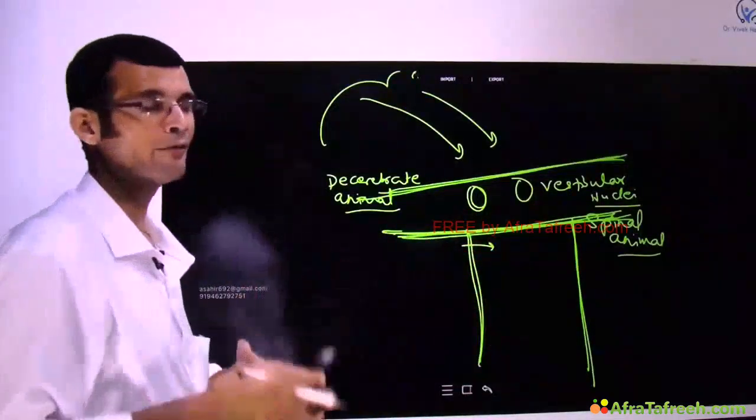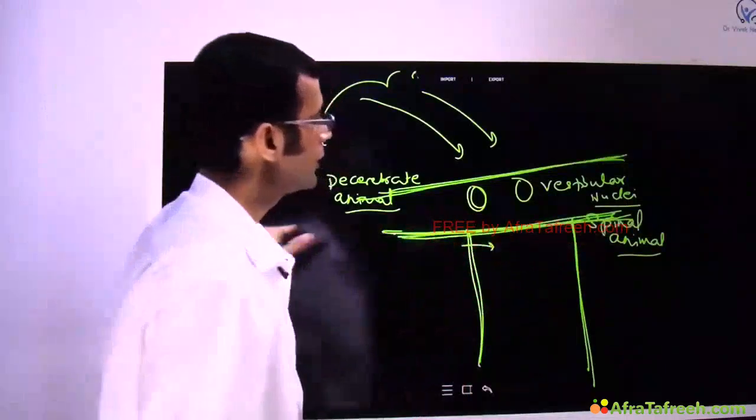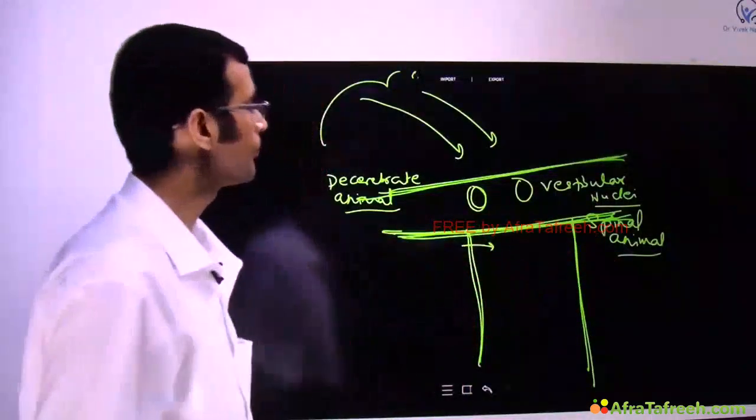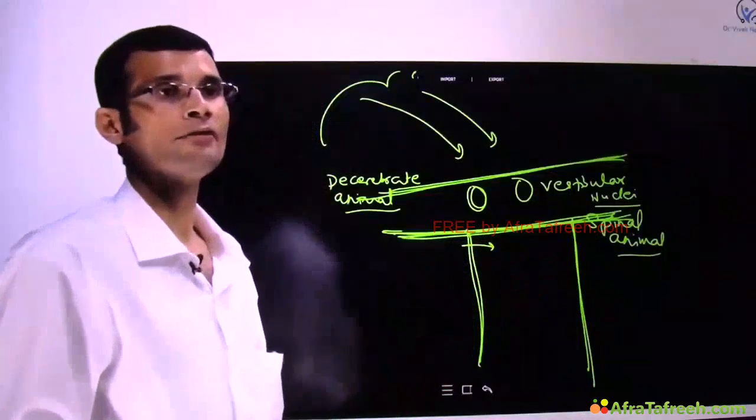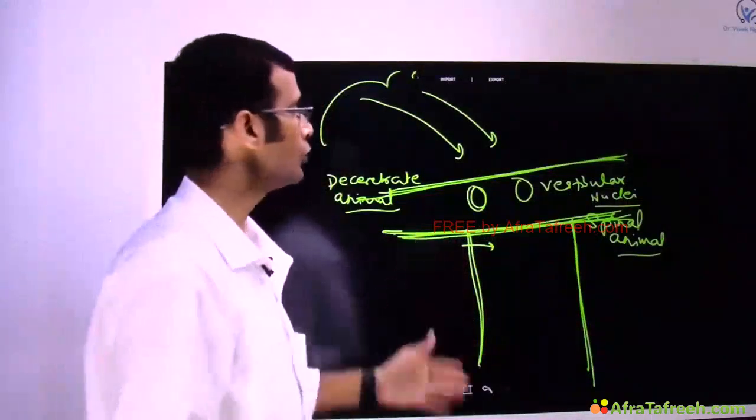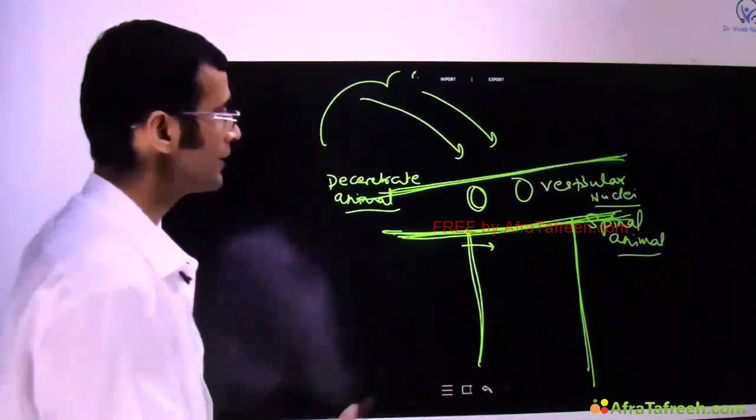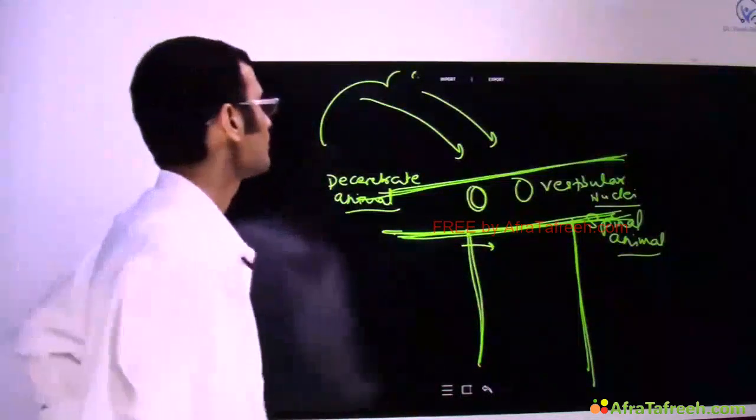So that is one benefit of making such experimental preparations by making transections. The second important benefit is we get to know about the center of the reflex. What is the center of the reflex? For example, see,